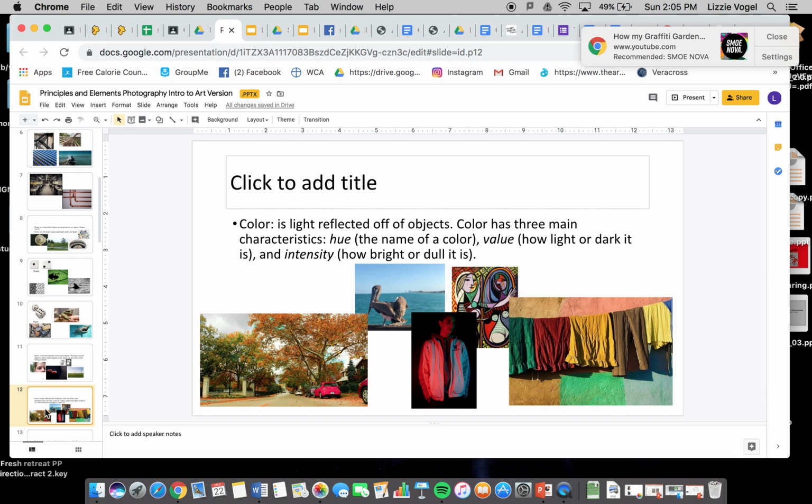And then we have color. Color is light reflected off of objects. Color has three main characteristics: hue, which is the name of the color, value, how light or dark it is, and intensity, how bright or dull it is. So you guys should know value. Remember,